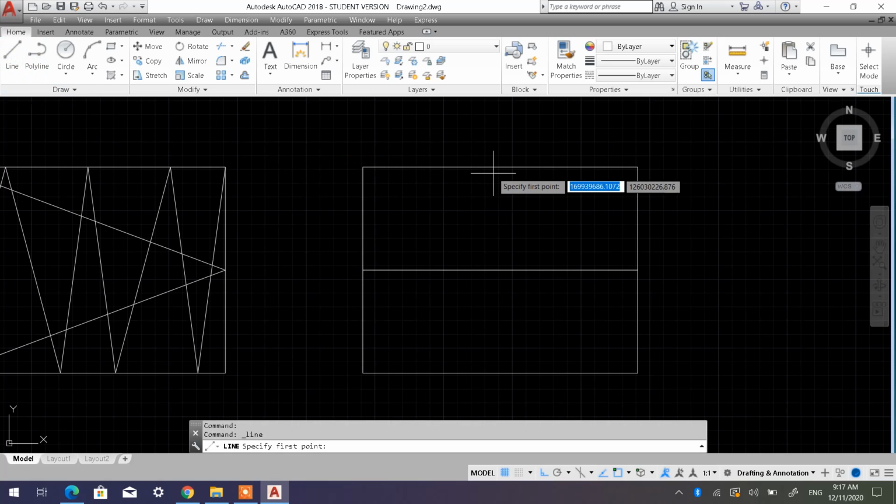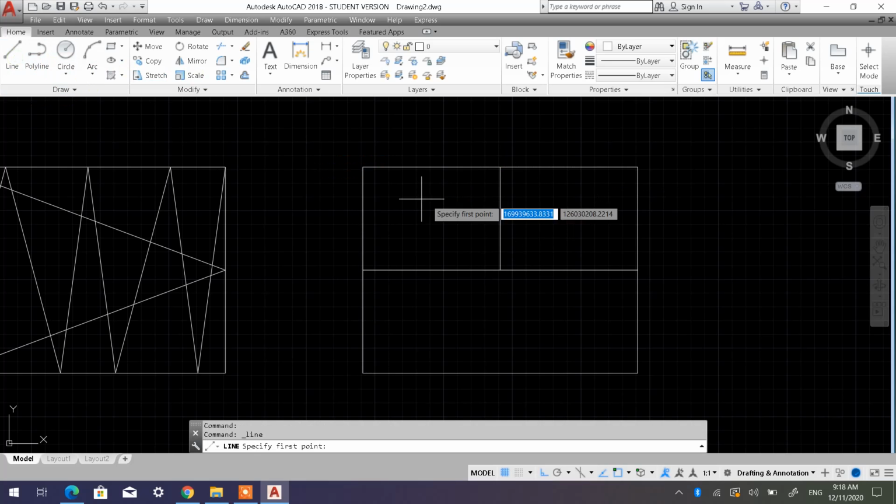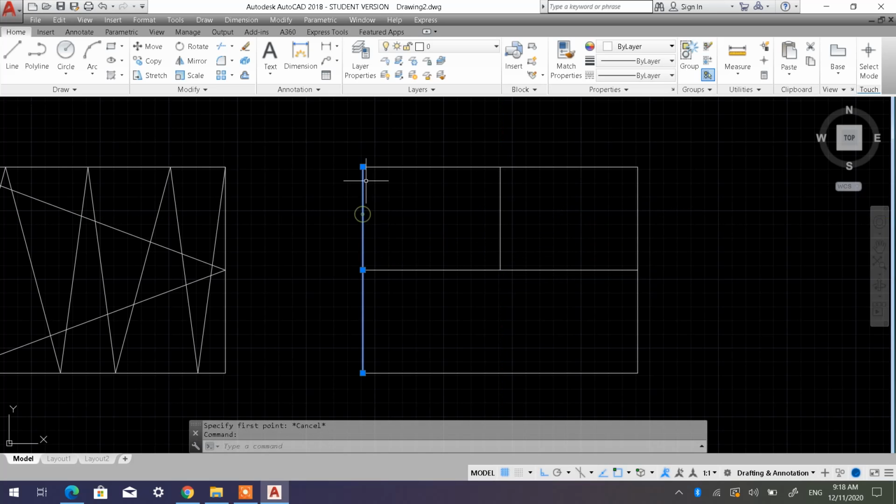Let's say I'm going to make this one over here, midpoint here to midpoint here. Kalau garisan macam ni okey. Okay, katakan I nak buat line from, nampak ada midpoint. Pasal apa? It belongs to this line only. Tapi kalau midpoint kat sini, you nak cari kat sini, memang tak jumpa. Why? Because garisan ni dia satu sekali panjang. So midpoint dia sebenarnya adalah di sini. Okay, so in that particular case,